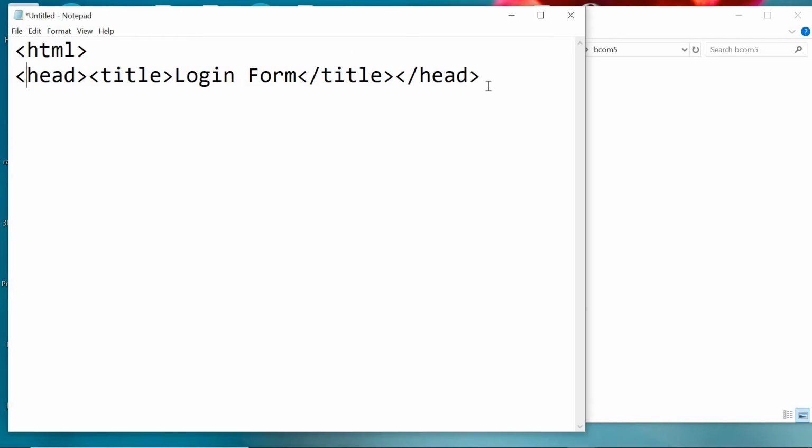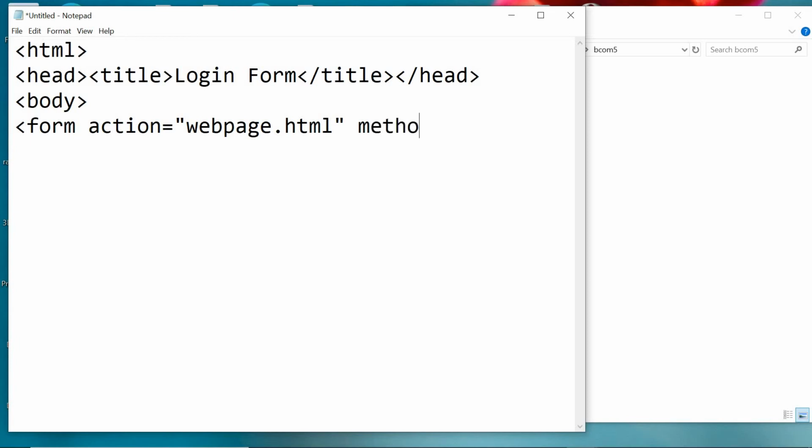Then comes the body, form tag beginning, then here we will take the action attribute equal to, which will take the web address or URL. We will provide here webpage.html in double quotes. Then comes method equal to get we will take, later we will see the post also.